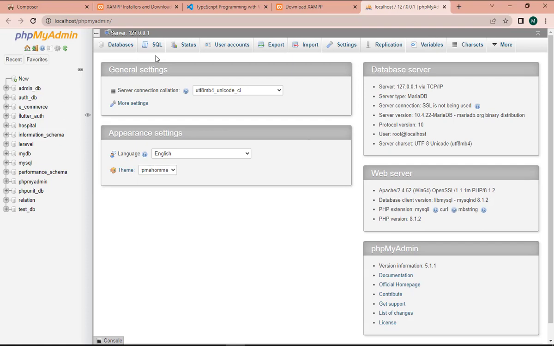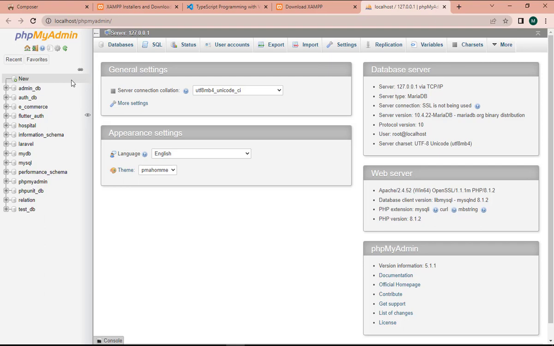Here we can build and create a new database, manage databases, and see data which are stored in this database. Here you can build and modify any database you like, and you can link the database to your application, which we will create by